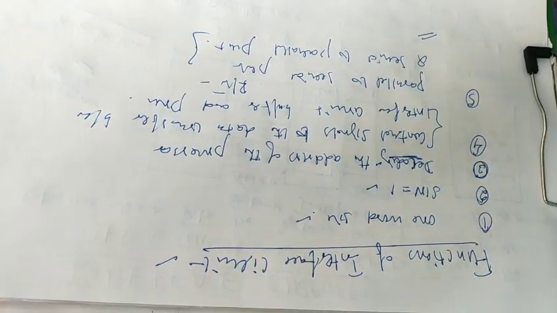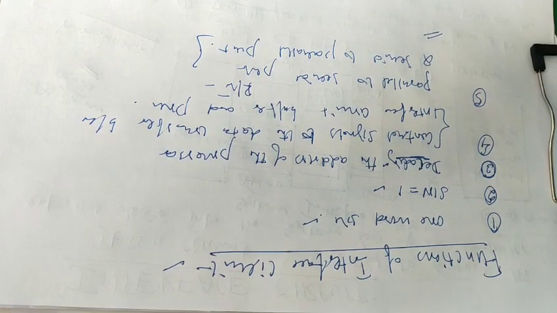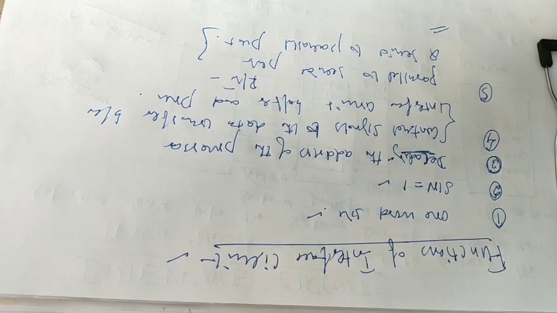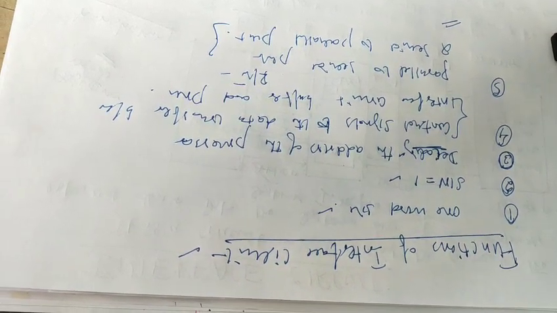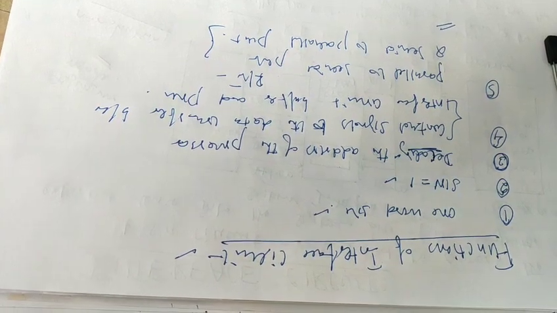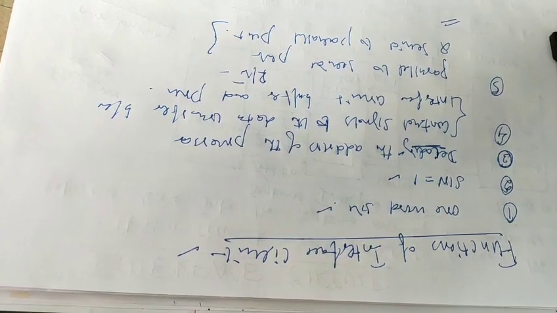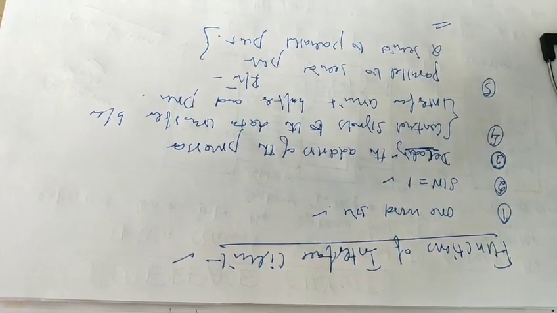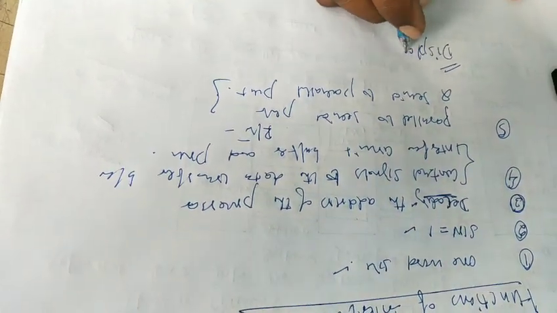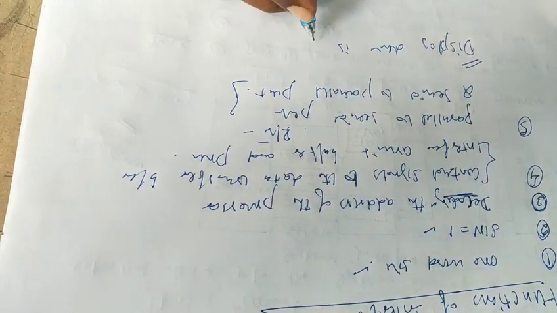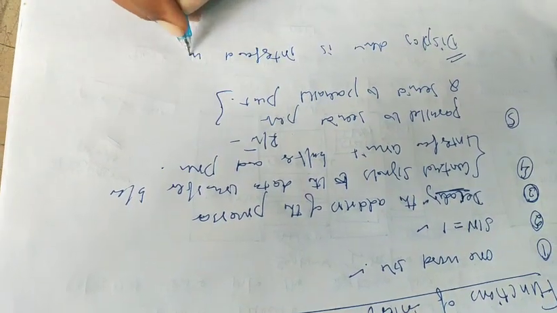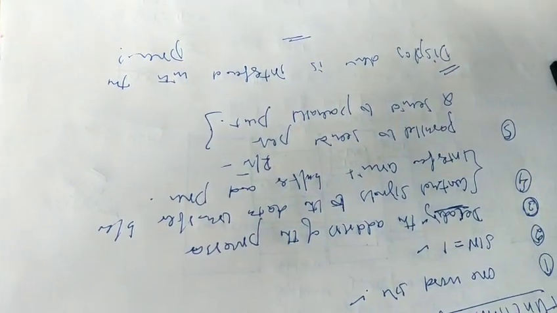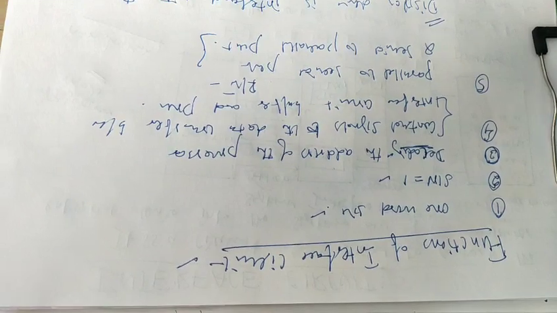What is the interface circuit, where exactly it is placed, what are its functions, how the keyboard is interfaced with the processor with the help of the interface circuit, what the serial port is, what the parallel port is, and where exactly the serial port is used. So far we have discussed all these things. How the display device is interfaced with the processor is a separate concept, which we will discuss later. Hope you understand. Thank you.